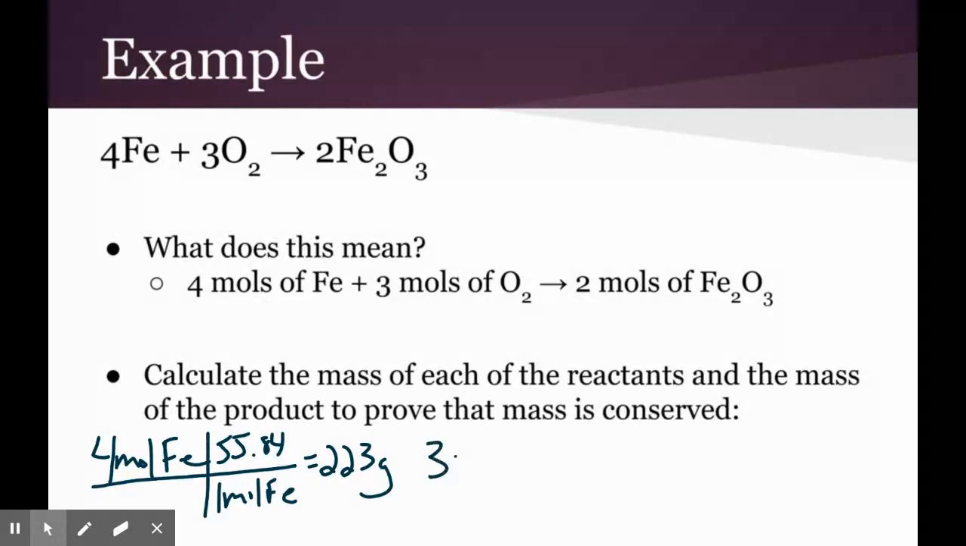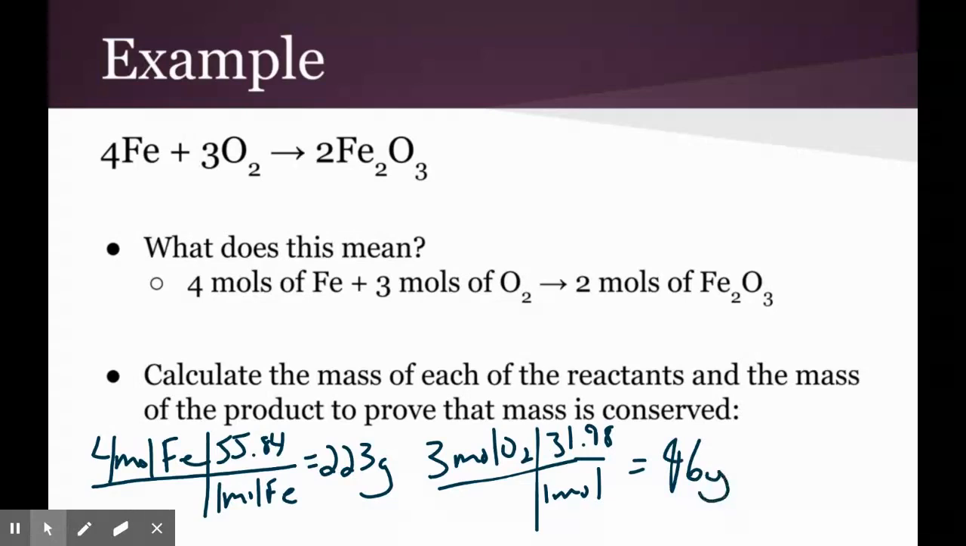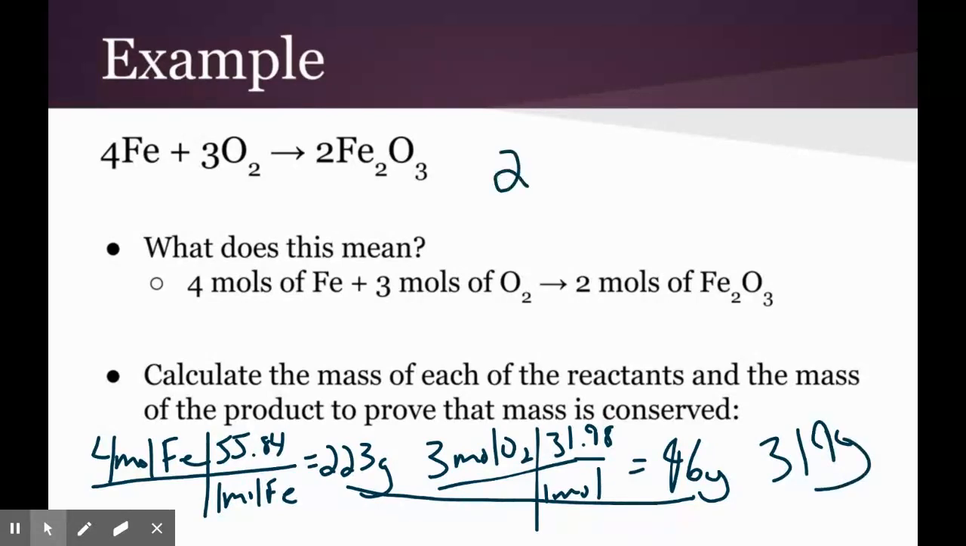And now take 3 moles of oxygen and convert that to mass by multiplying by the molar mass. And that gives us 96 grams. So if we add 223 plus 96, we get 319 grams of reactants. So now, if we take the 2 moles of Fe2O3 and convert that to mass,